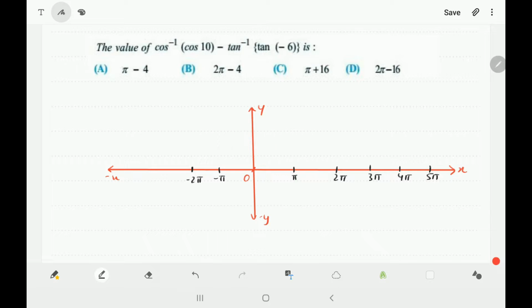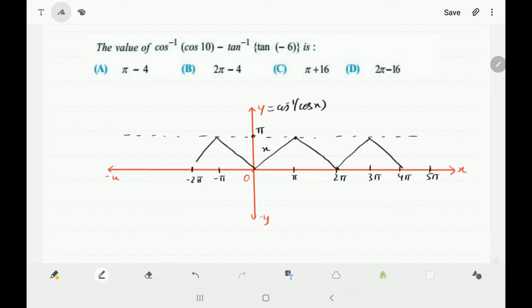Let's first draw the graph of cos inverse cos x. You already know the short trick for that. You have to draw the graph in the principal value branch as x. The principal value branch is from 0 to pi for cos inverse cos x, so the graph will remain in 0 to pi. This line will be from 0 to pi, and it will be x. Now at 2 pi the value of cos 2 pi is 1, so cos inverse of 1 is 0. So we complete this triangle, and it is periodic with period 2 pi, so you can directly repeat this graph. You will get this kind of graph. This is the graph of cos inverse cos x.